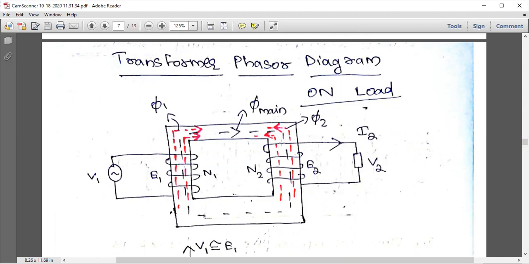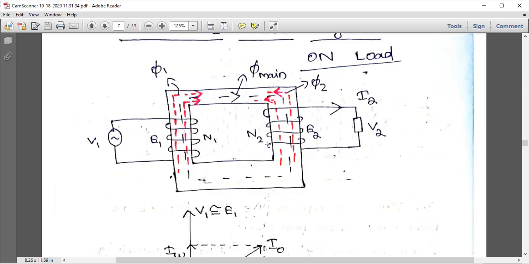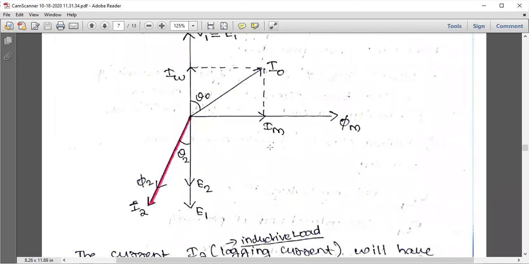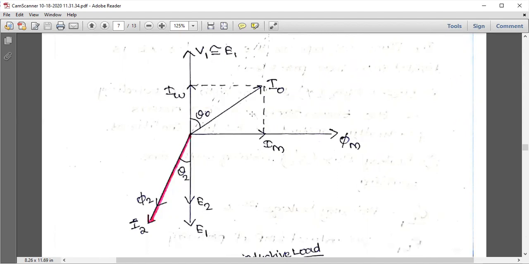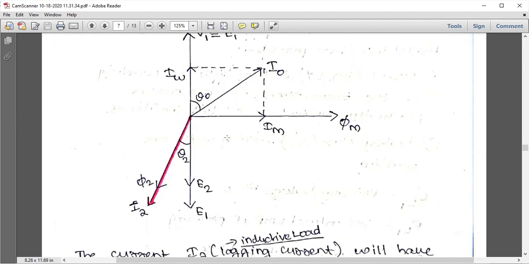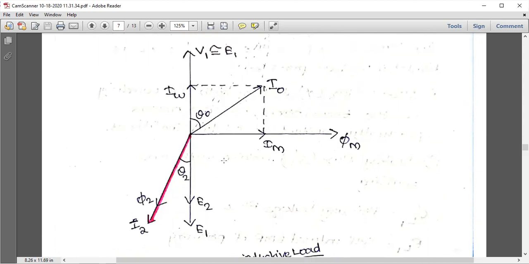So you know about this flux, and this flux will be in phase with the magnetizing current. Okay, so this is the diagram. From the previous figure, in the no load condition, you have it like this. Phi m is there, and the magnetizing current is in phase. Then we have the input voltage V1 and the induced EMF E1, and the voltage E2. E1 is lagging the voltage by 90 degrees, and this is also lagging by 90 degrees because of the inductive load condition. So this is the ideal case, no load.